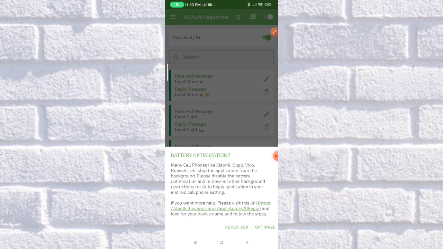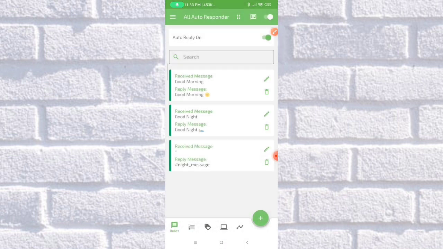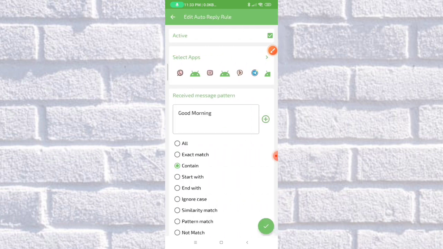So it says that I need to remove the battery optimization for the auto reply application. So as you can see, this is the homepage of the autoresponder application that we downloaded. If you receive a good morning message, then the reply that we're going to send to the sender will be good morning with the emoticon here. So if you want to edit that, just click on the pen here and add